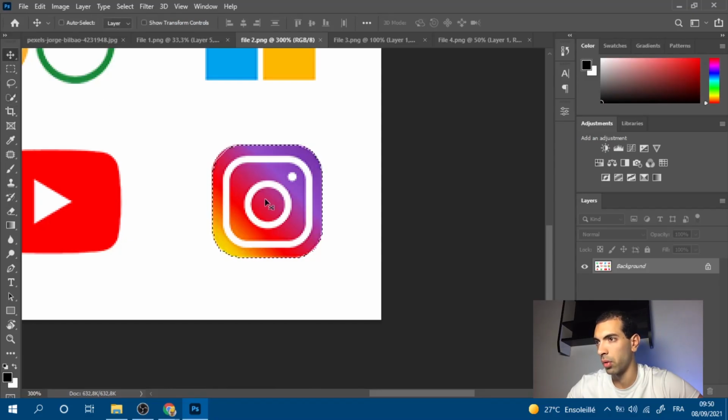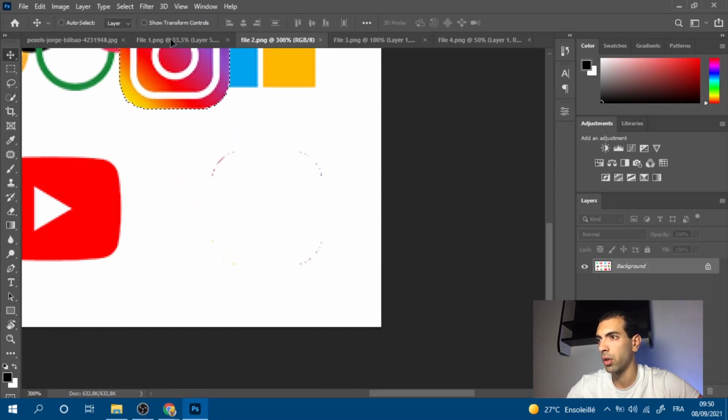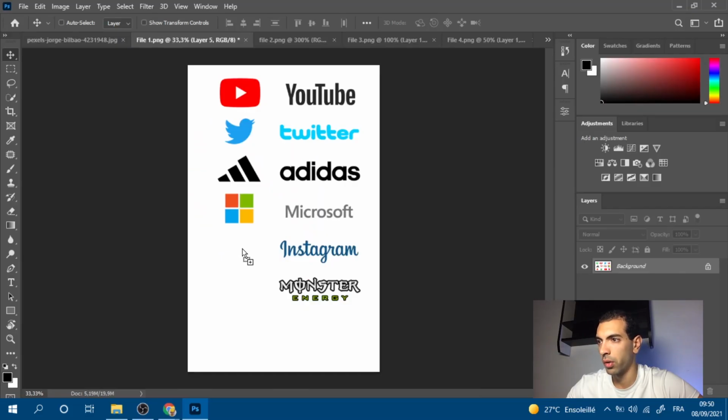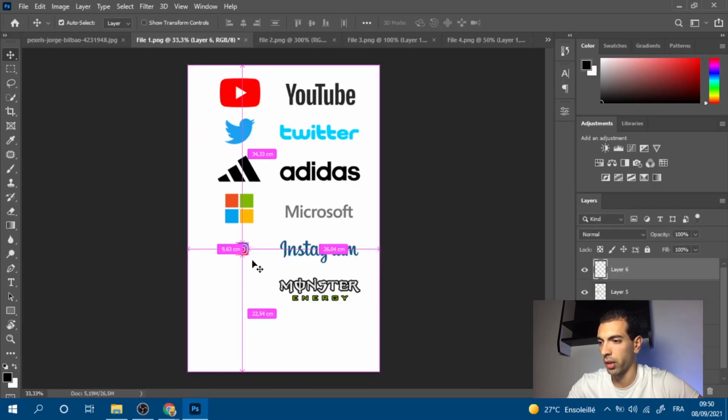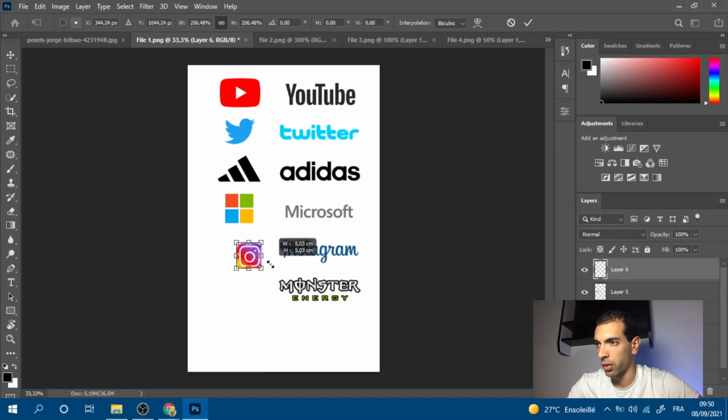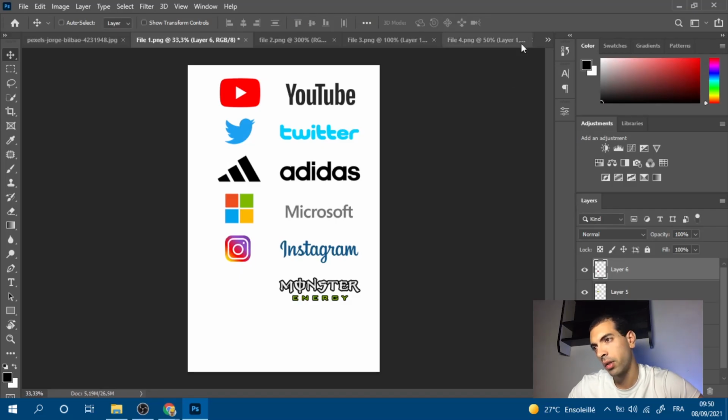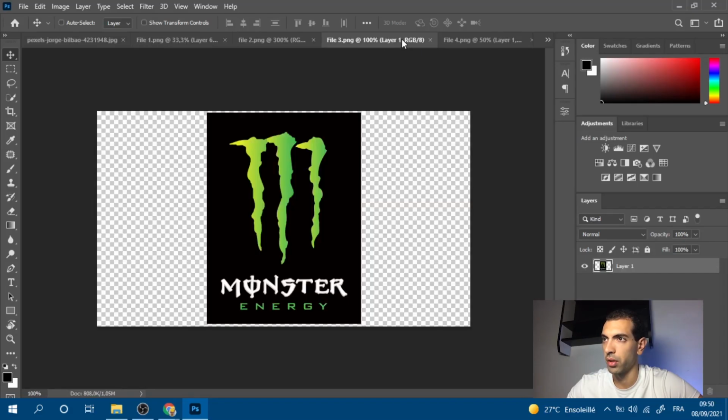Once it's selected, move tool, and we go to file 1, drag and drop, just like that. Control T will make it a little bit bigger, and then commit. Now the Monster Energy logo, which is in file 3,